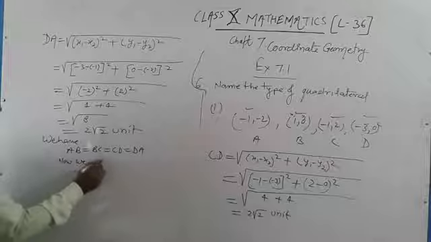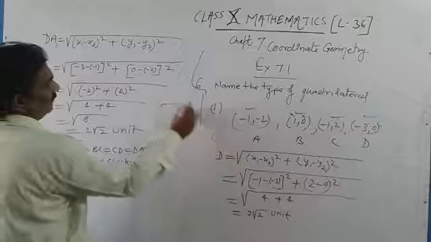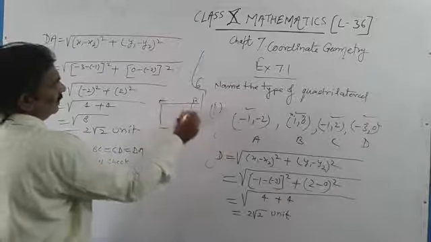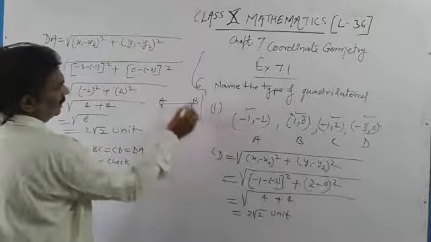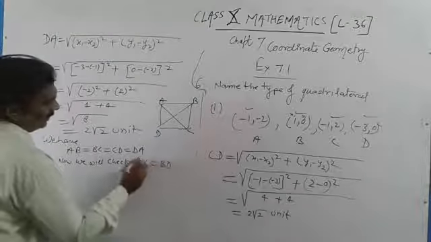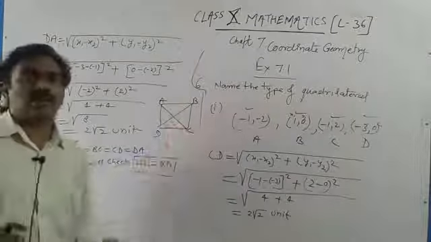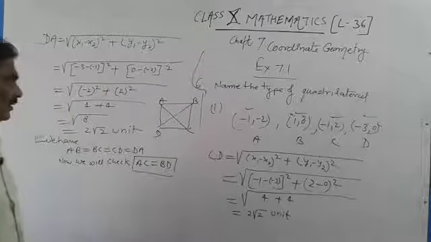We will check diagonals. Diagonals, like if we have a quadrilateral like A, B, C, D, then AC and BD. AC is equal to BD. If this exists, we will check. If AC and BD are equal, then we can say the points are of a square. So now AC,